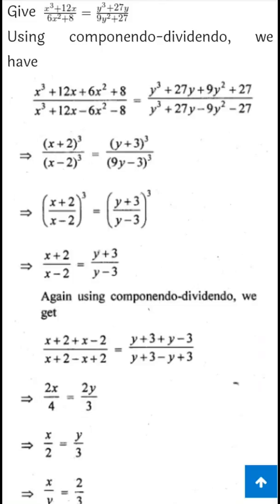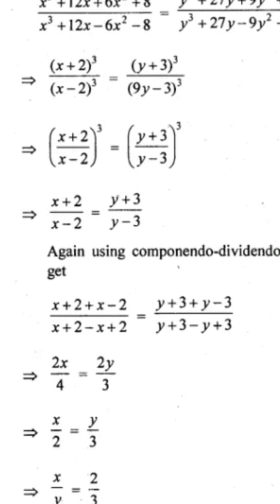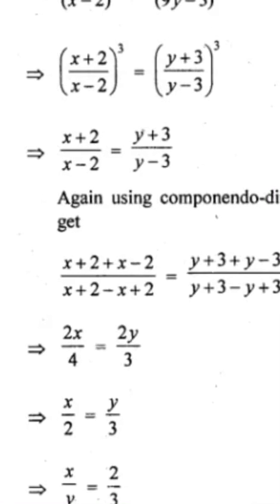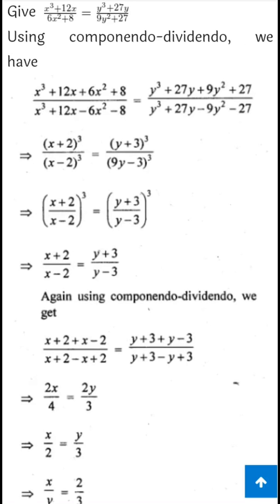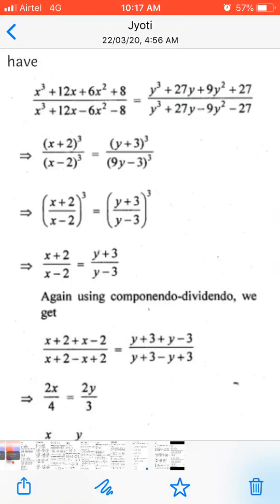Again, I'm going to apply componendo and dividendo because ultimately I want to find the value of x in the question. While applying componendo and dividendo, what I get is this. Is this clear to you all? Fine. And simplifying it, we get x upon 2 equal to y upon 3, and hence x upon y comes out 2 upon 3. As per the required question, we were supposed to find the ratio x to y, which comes out 2 to 3. I guess this part is clear to all. Fine. So now your homework is actually to complete the